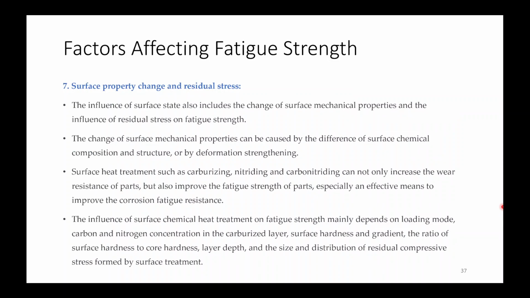Seventh is surface property change and residual stress. The influence of